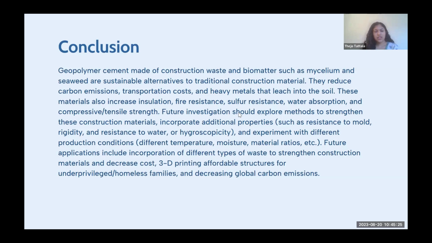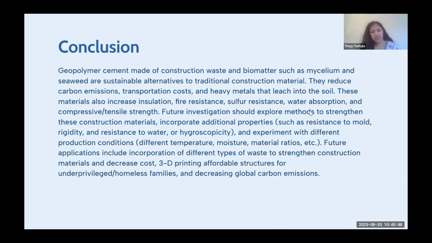Further investigation can include incorporation of additional properties such as resistance to mold, because mycelium is strong, but it still like molds when it's exposed to water. So finding an alternative for that is one option. Increasing rigidity, so they're more strong and can support like corporate buildings and skyscrapers maybe one day,